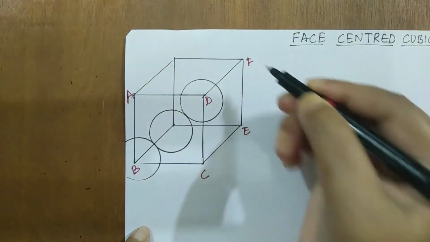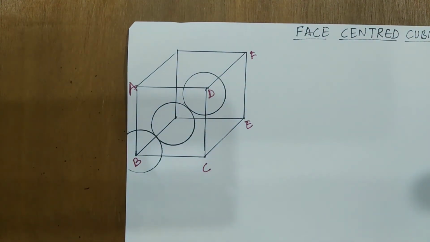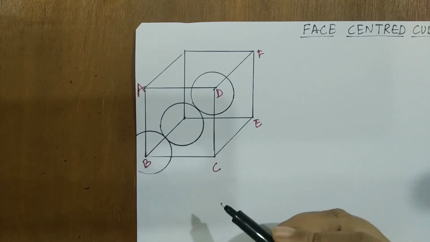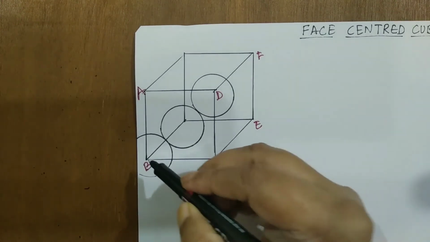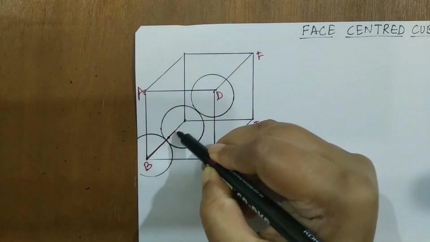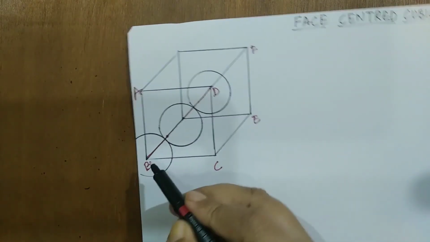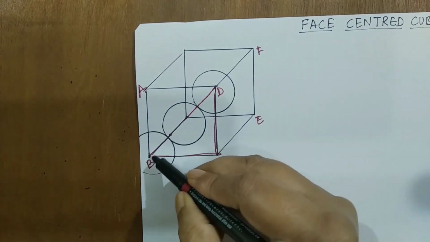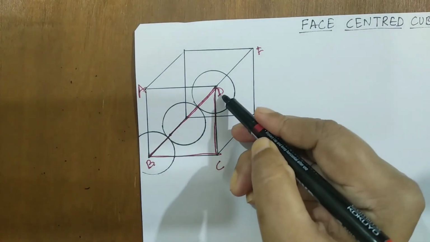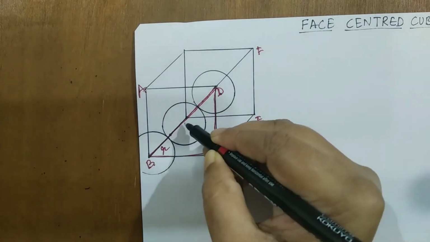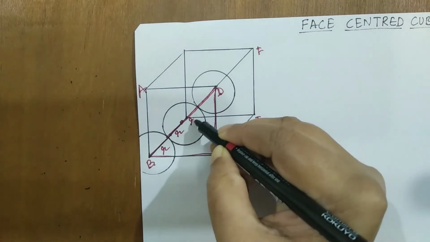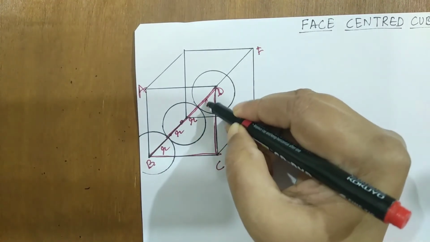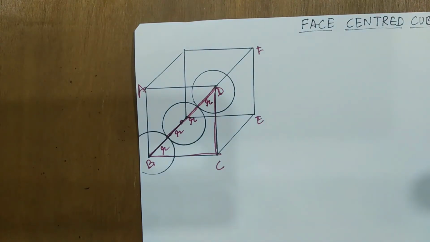E and F. Now we have again, as I said, the unit cell, every edge length is perpendicular to each other. So again we'll be using Pythagoras theorem here. And so we have to take help of one of the triangles, and therefore I am joining B and D. So I will just join this in this way. And which triangle I'll be using, students, is this triangle. So this diagonal what I have here, B and D, and therefore you know this is R, and again the centers here, so this is R plus R, or you can call this as 2R, and this is one of the R. So now let us start for the derivation.